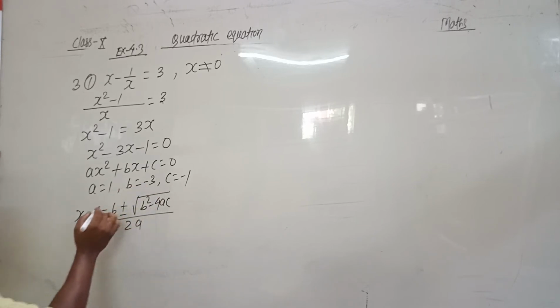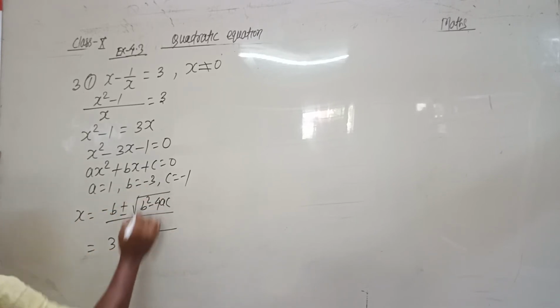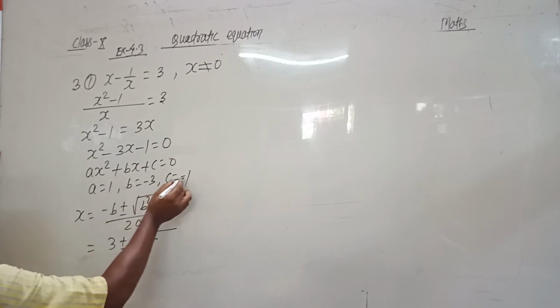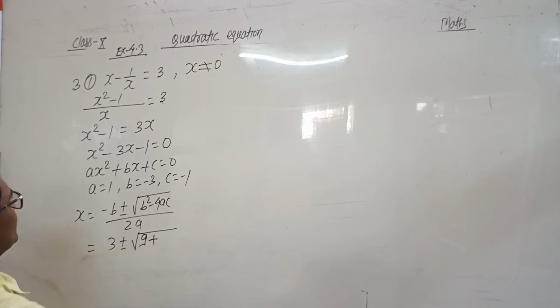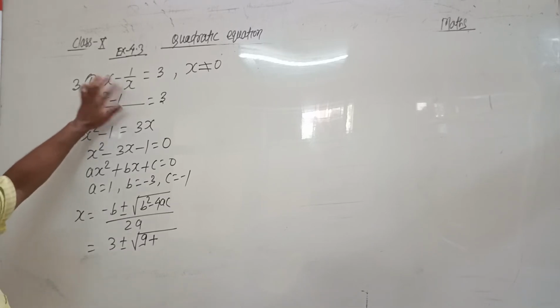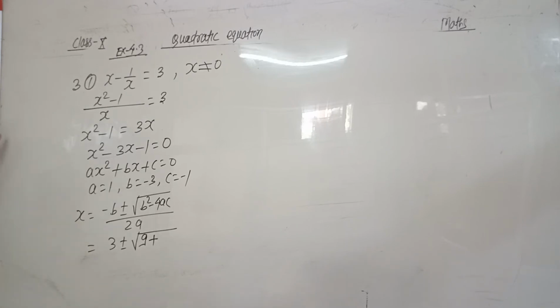So minus b means minus minus 3, plus 3, plus minus root of b square, 9, minus 4 into 1 into minus 1, means plus 4, upon 2a, and it gives 3 plus minus root 13 by 2. The value of x comes to be